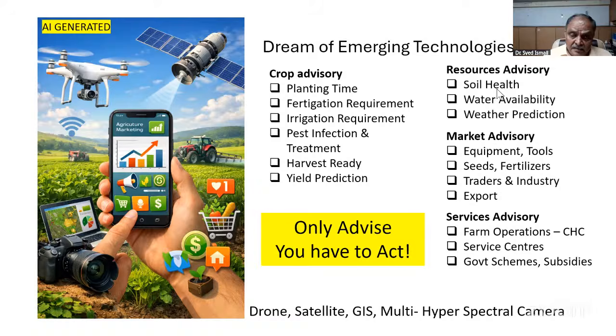Resources advisory is another possibility. That is the soil health. There are claims that I can find out the soil health from satellite or from drones, which are questionable, though possible, but soil health can also be done the other way around. If you recall, the life expectancy in Asia was around 55 years 30, 35, 40 years ago, and today it's